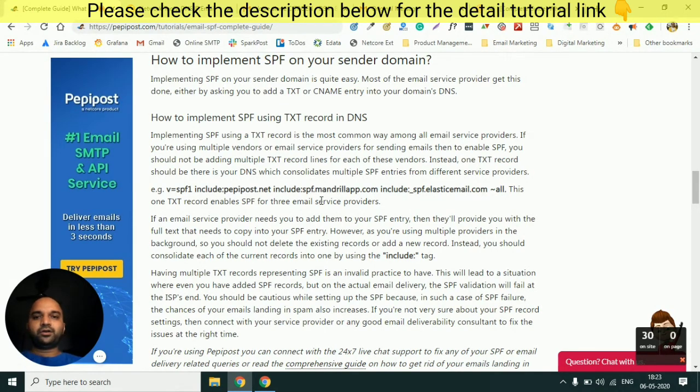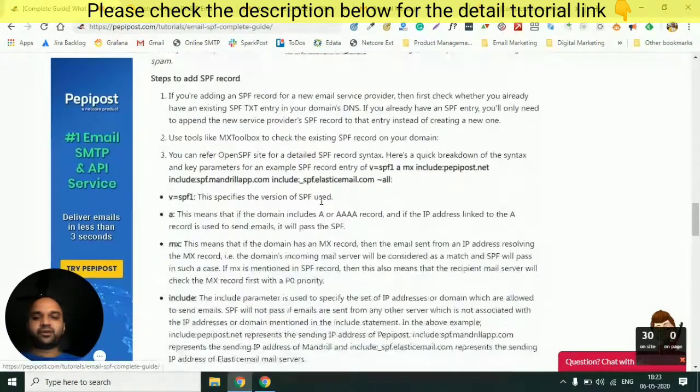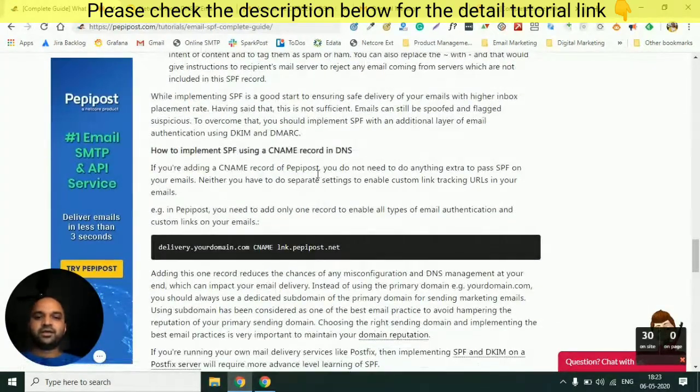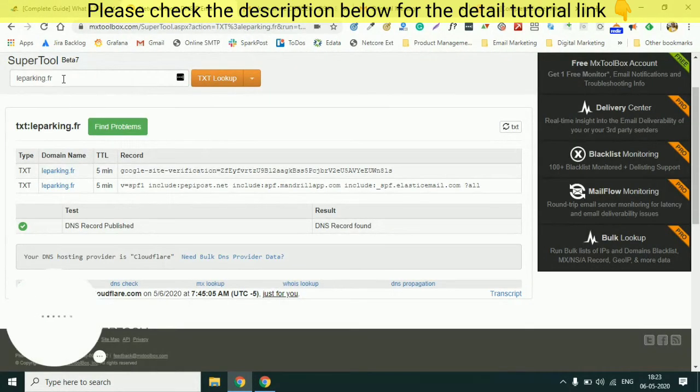The other way of setting up the SPF record is by doing a CNAME pointing. So let me show you an example of that also.